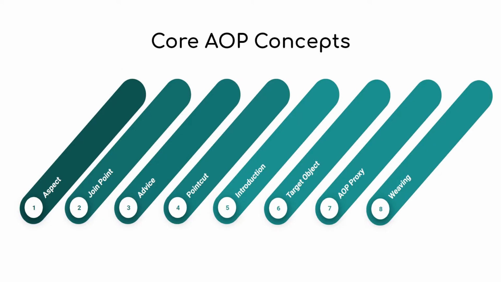In this video lecture, we'll talk about core AOP concepts. In AOP, the first and fundamental concept is the concept of aspect, followed by join point, and then the concept of advice. We have then the concept of pointcut. So pointcuts are very crucial in AOP. And then we have introduction and target object. Followed by that we have AOP proxy, and then lastly we have weaving. We're going to talk about all of them